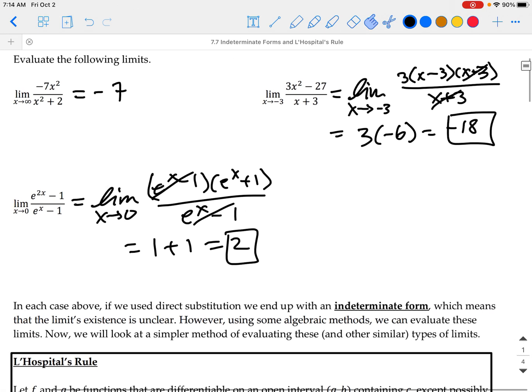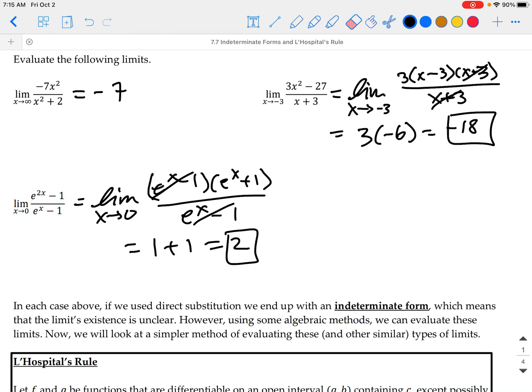So we have all of these methods for working through these examples that, if we just did direct substitution, give us 0 over 0. And 0 over 0 is the most common indeterminate form. The other one would also be infinity over infinity. So that's what we're looking for, showing that our limit would be 0 over 0 or infinity over infinity,